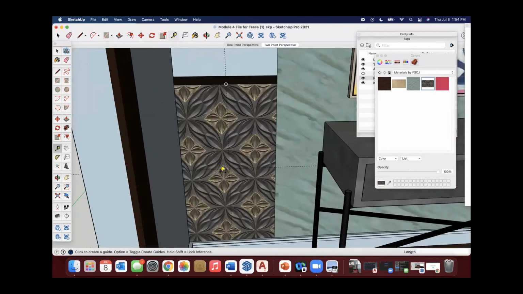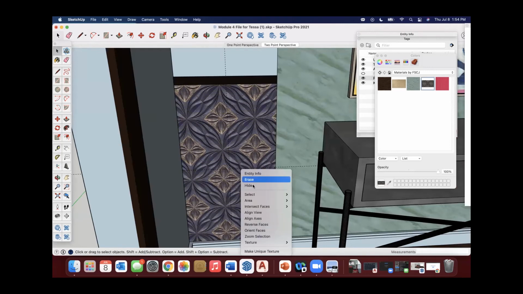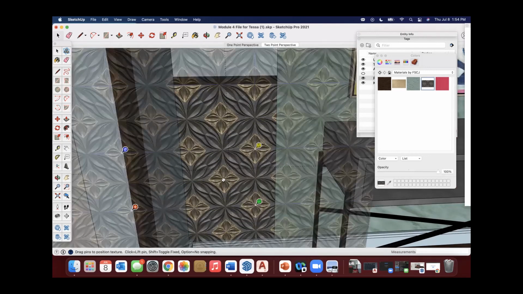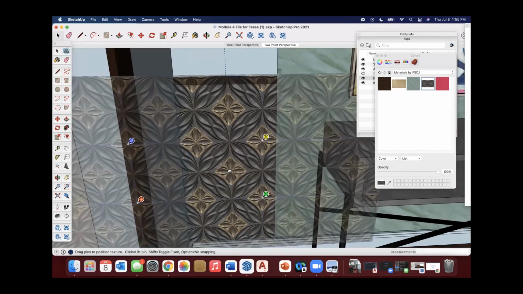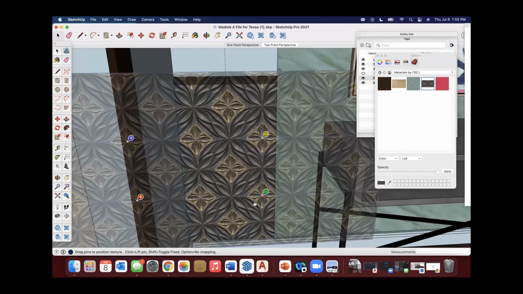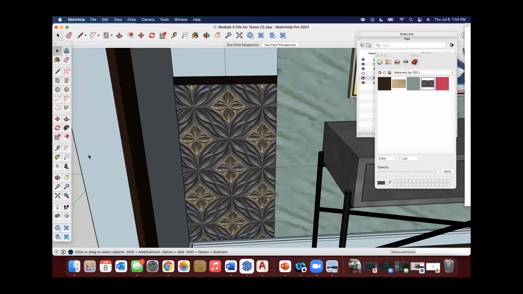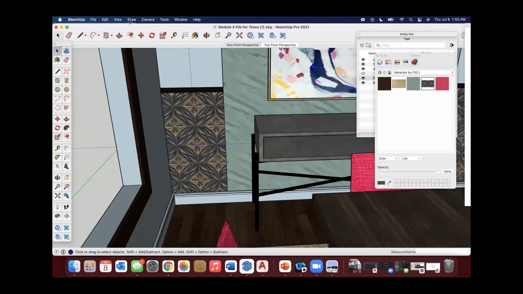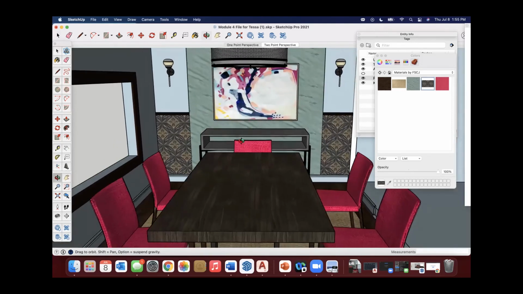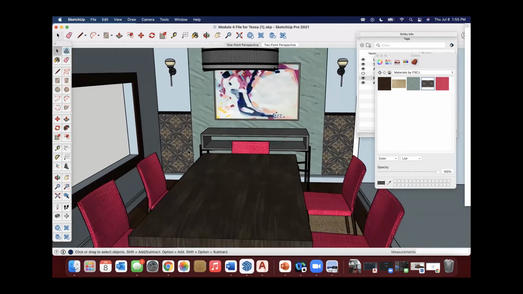If I wanted to position this doing it with the guides, I can go texture, position. And this time I don't even have to move the pins. I can just place that hole right there on that center point, and now that's really going to position me where I want it. I can press enter, and I can delete those guides. Now that's going to look nice and balanced and a much more appropriate application of this material.